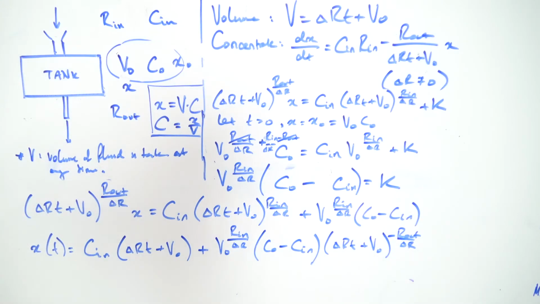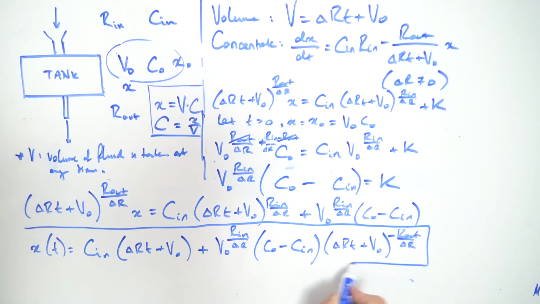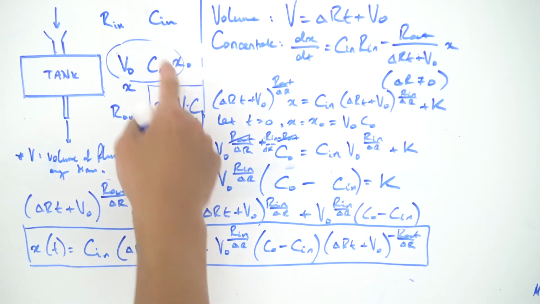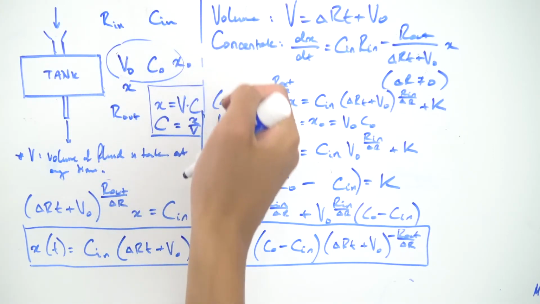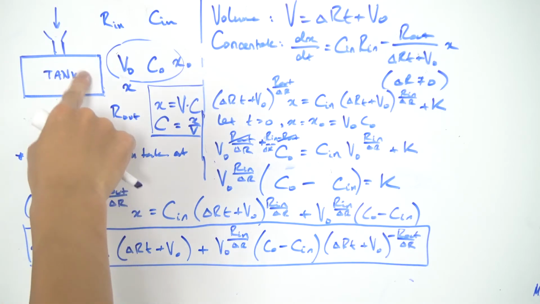delta r. And this right here is basically the generalized solution to the amount of concentrate in the tank at any given point. So it's a pretty complicated formula, but what do you expect from such a generalized result? So if you can identify all 5 of these, or I guess 6 of these values in here, and plug it into this formula, then you get an equation that models the amount of concentrate that's inside of this tank